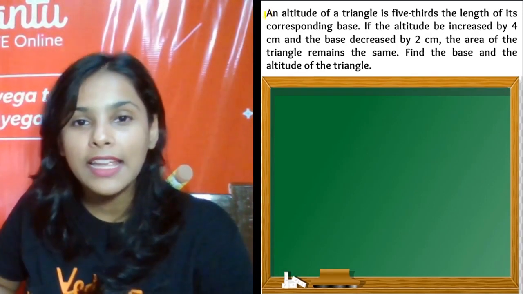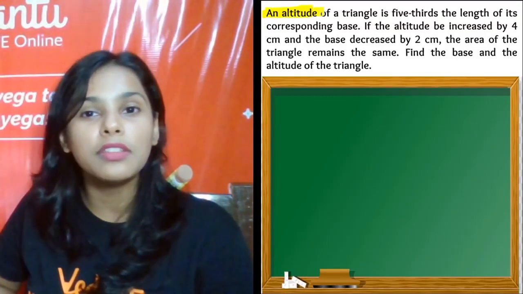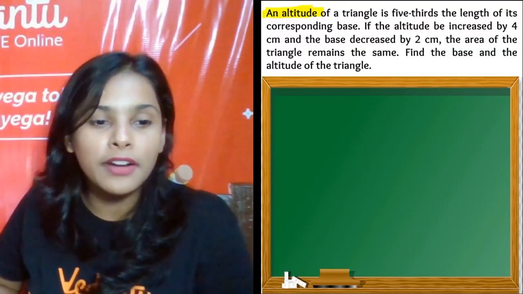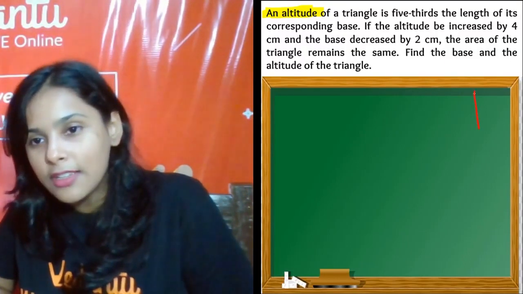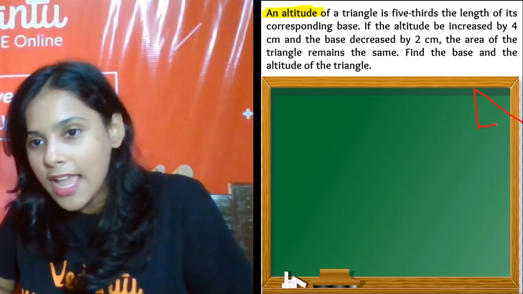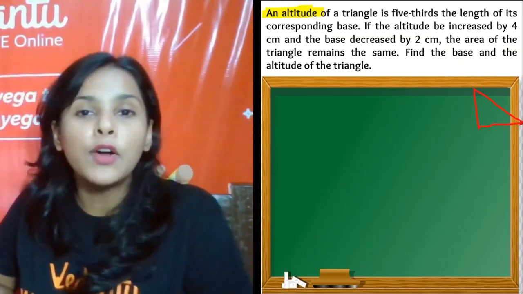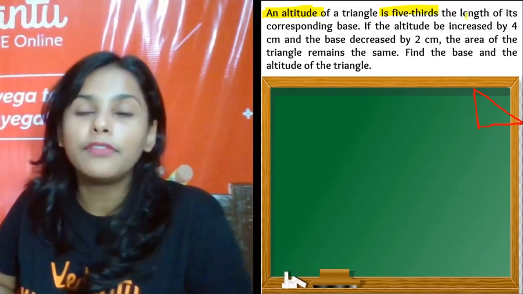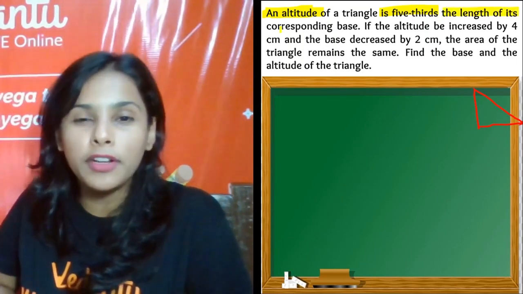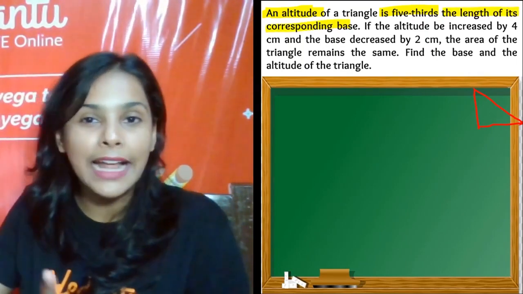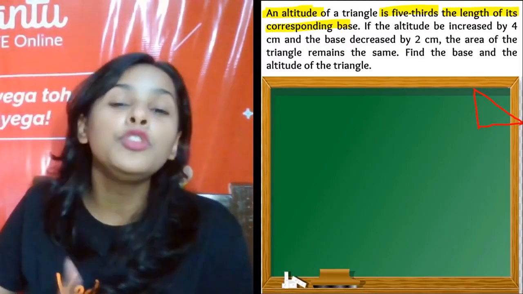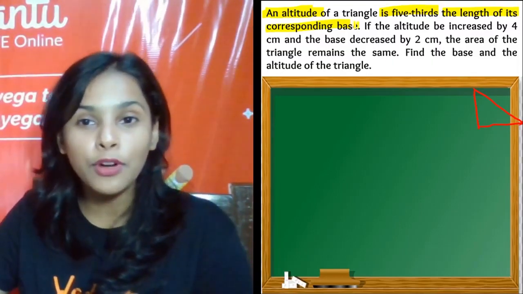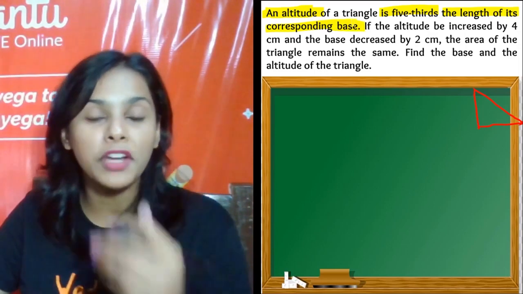Let's read the first line. An altitude. If altitude is written, that means the triangle is a right angle triangle, correct? So let us quickly draw a right angle triangle here. Draw कर ले. So this is the altitude and this is the hypotenuse and this is the base. ठीक है? Now, according to the question, an altitude of the triangle is 5/3 the length of its corresponding base. So we know that base and altitude are not given to you. So you have to let the one which is before the full stop, right? So those who do not know the trick, have to know what we have to let.